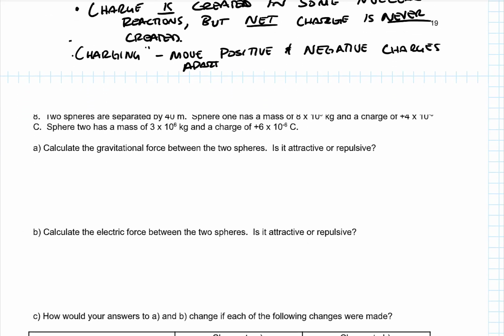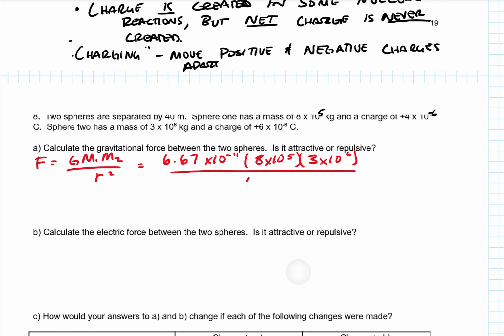Number 8, 2 spheres are separated by 40 meters. Sphere 1 has a mass of 8 times 10 to the 5th kilograms and a charge of 4 times 10 to the negative 6th coulombs. Sphere 2 has that mass and that charge. Calculate the gravitational force between them. Is it attractive or repulsive? Gravitational force is G times mass 1 times mass 2 over radius squared. So it's going to be 6.67 times 10 to the negative 11th times mass 1, which was 8 times 10 to the 5th, times mass 2, 3 times 10 to the 6th, divided by the distance separating them, 40 meters